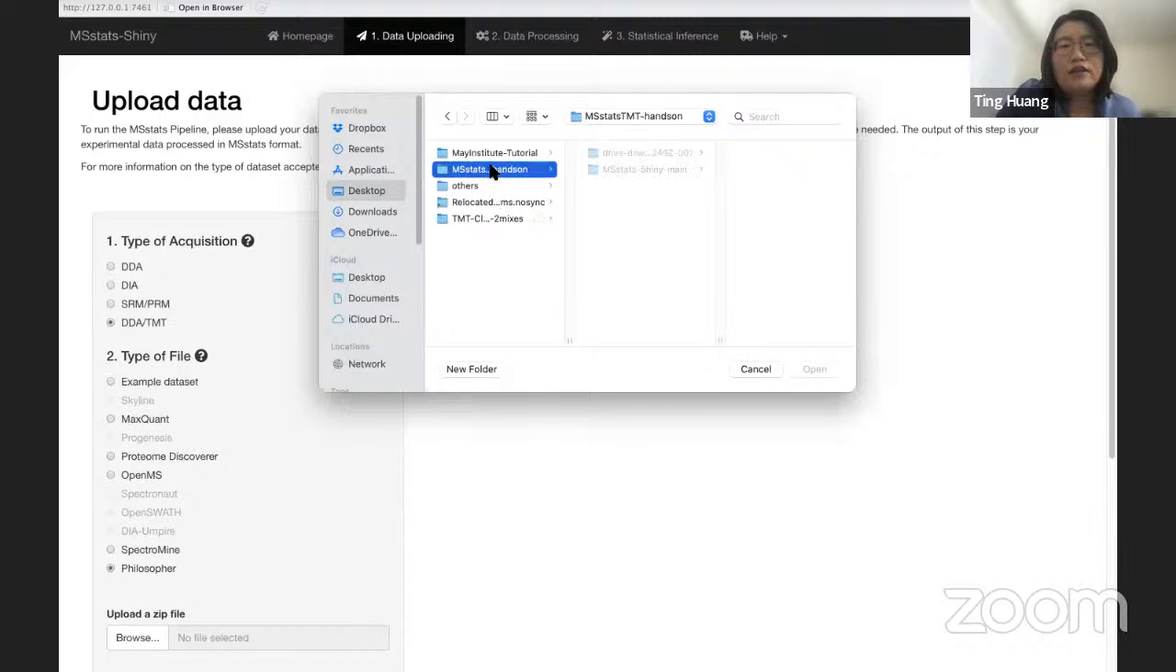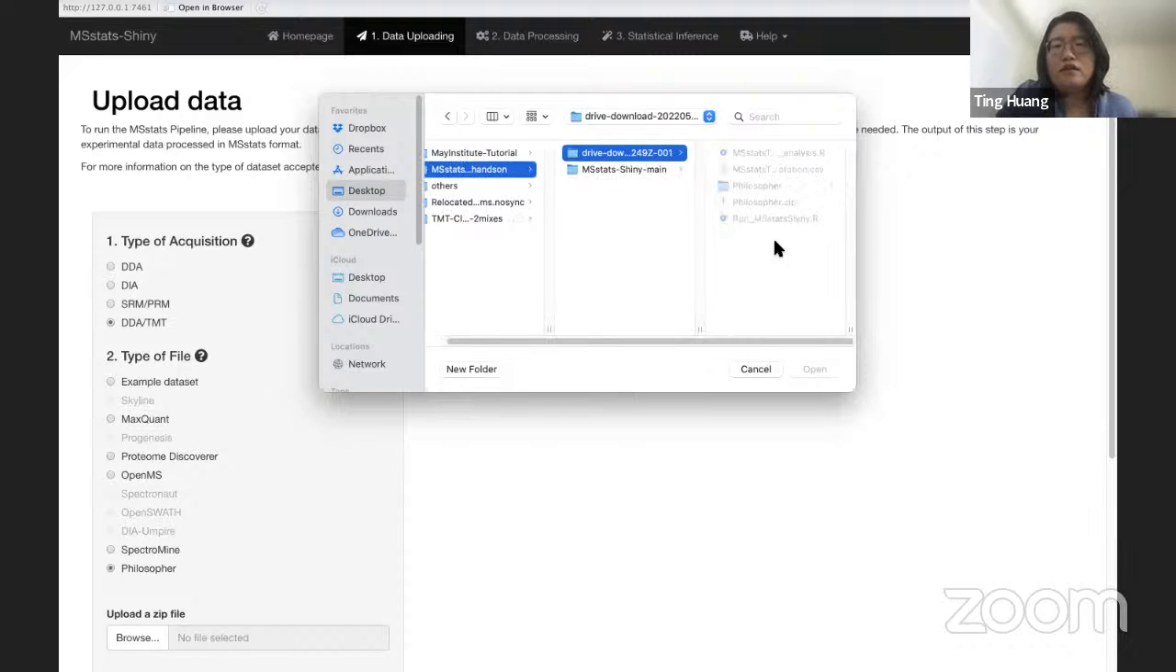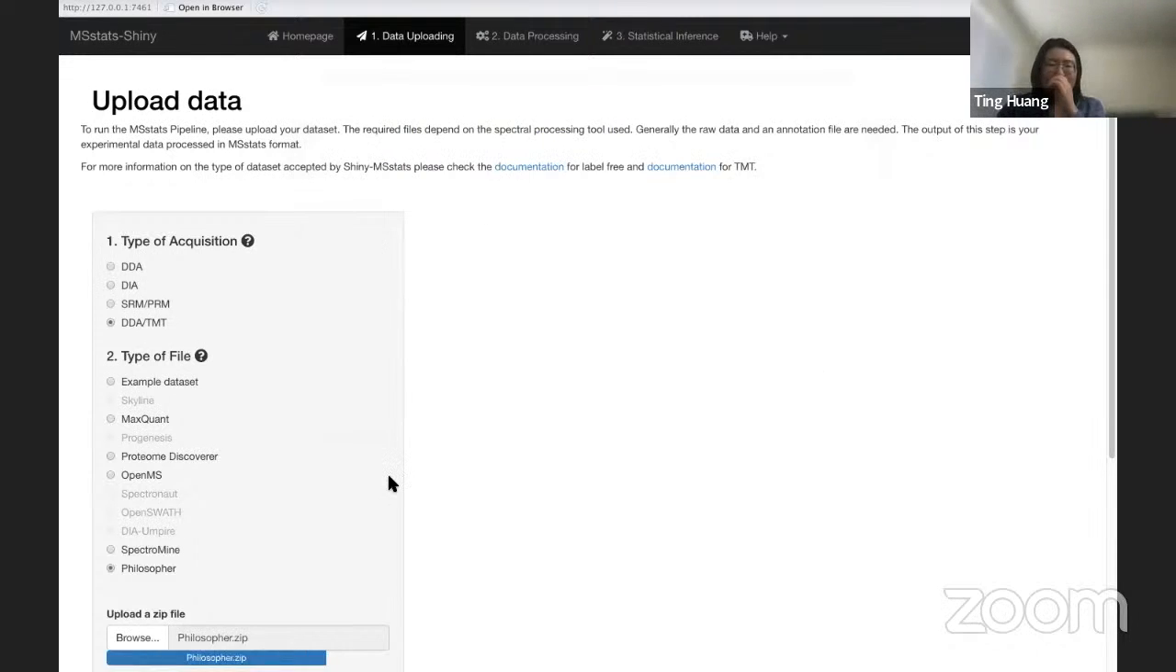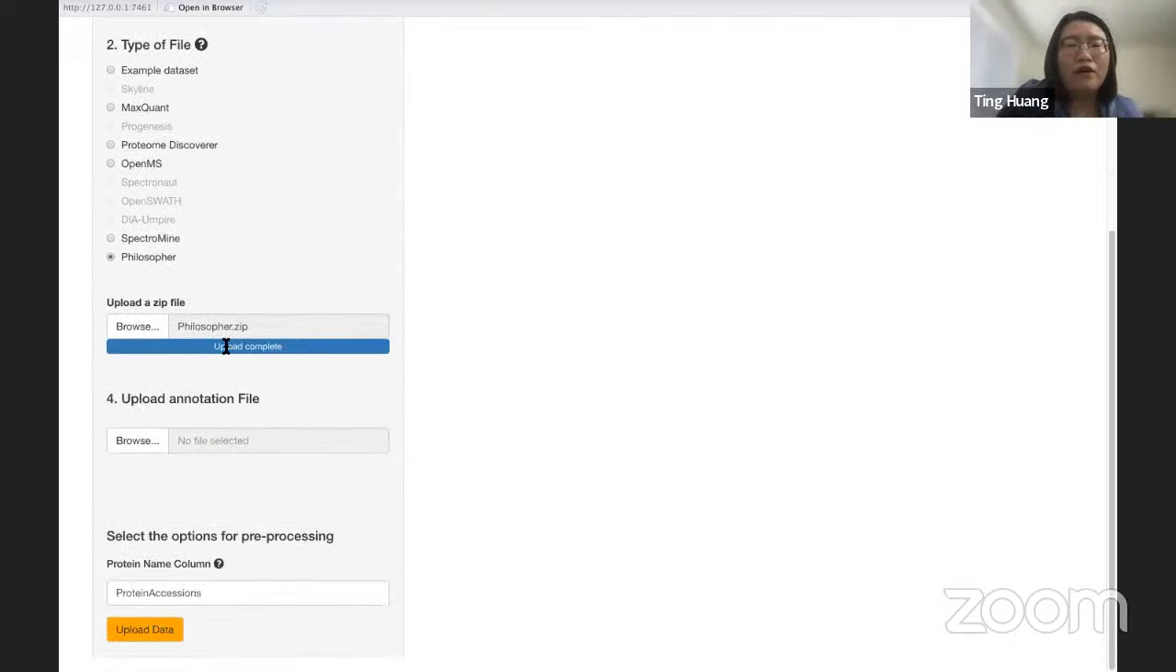Which is here, the zip file. Open it, upload it, and then the second file is the annotation file, which tells the design of the data set. Sorry,